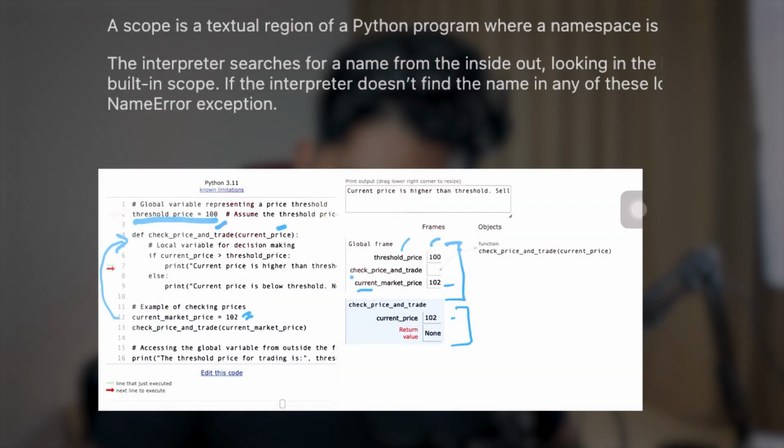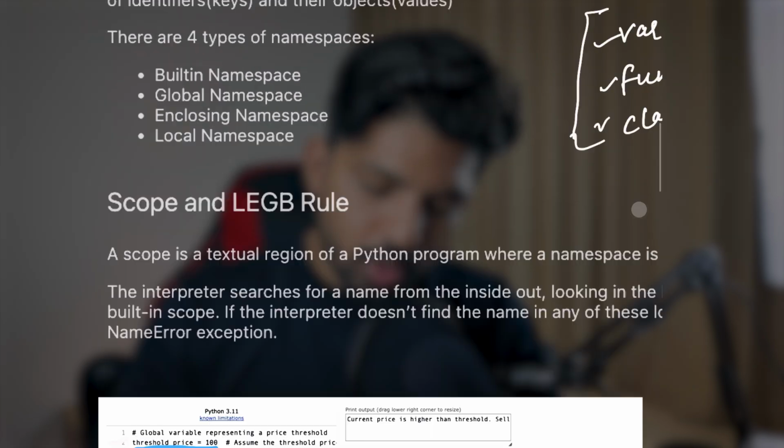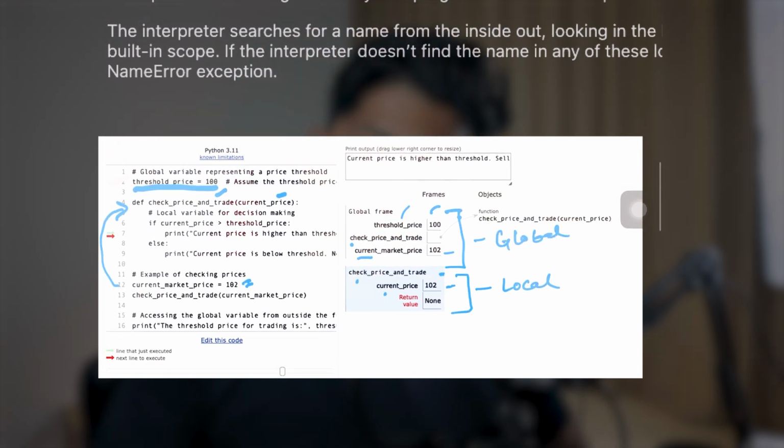So we can see that this was the local namespace, correct? And inside that it has its own keys and values. You can see this is key number 1, this is key 2, and these are their respective values, correct? Again, this was the global namespace or global scope, you can say, and inside that also it has its separate keys and values, right?